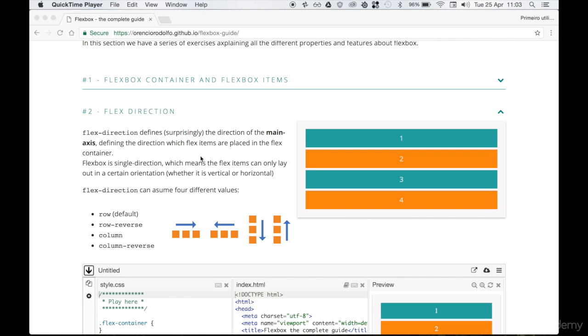As I've said before, flex direction defines the direction of the main axis, and it can assume four different values. Row, that is the default value for flex direction, row reverse, column, and column reverse. These four values will define whether your items will lay out horizontally or vertically, and in which direction will they